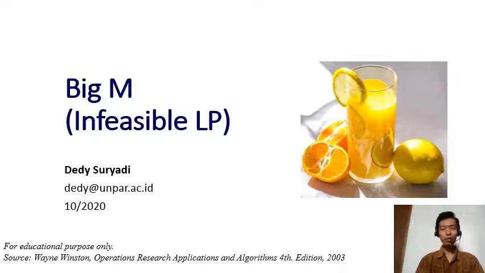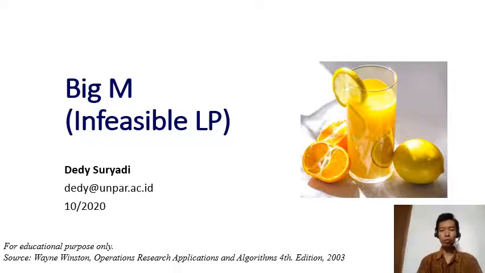Hello and welcome to the 6th week of the Operations Research 1 course. So last week we've talked about this method called Big M to solve an LP problem. Now this week we are going to look at how we may identify an infeasible linear programming problem using the Big M method. And then also, if you remember last week, we've talked about some possibilities when we solve a